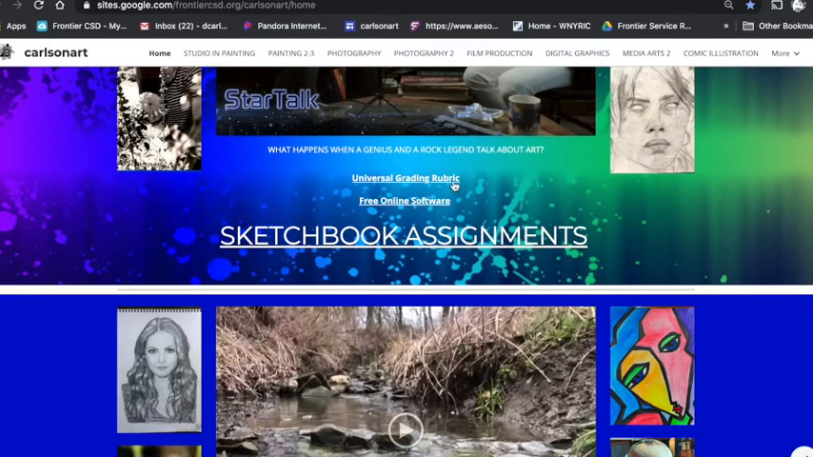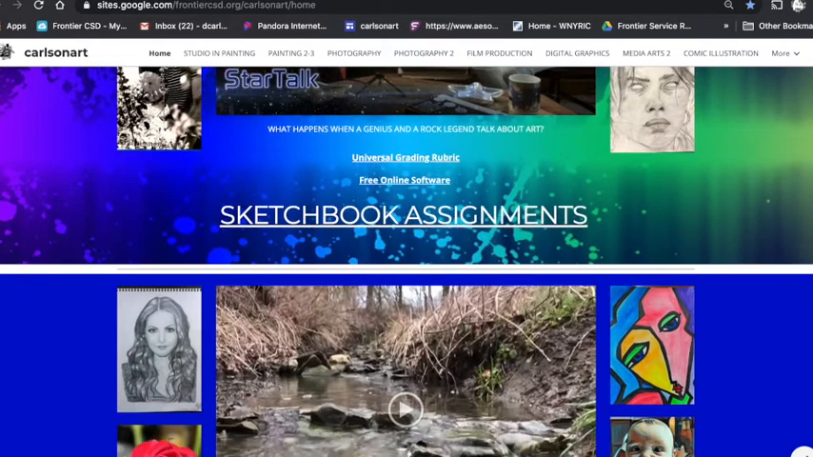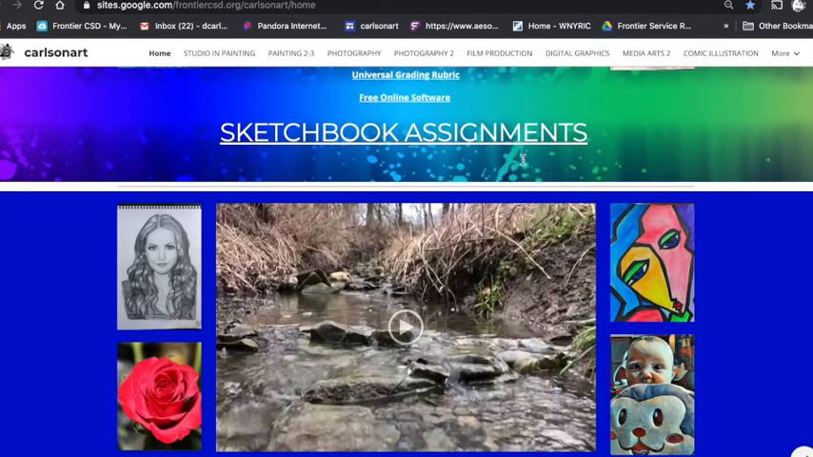There's a universal grading rubric. We'll talk about that when we get in class as far as the syllabus. There's a whole link here on free online software. So a lot of the software, we kind of teach the industry-based software, but there are a lot of options for free software online. Sketchbook assignments for the year for all the classes will be in here,